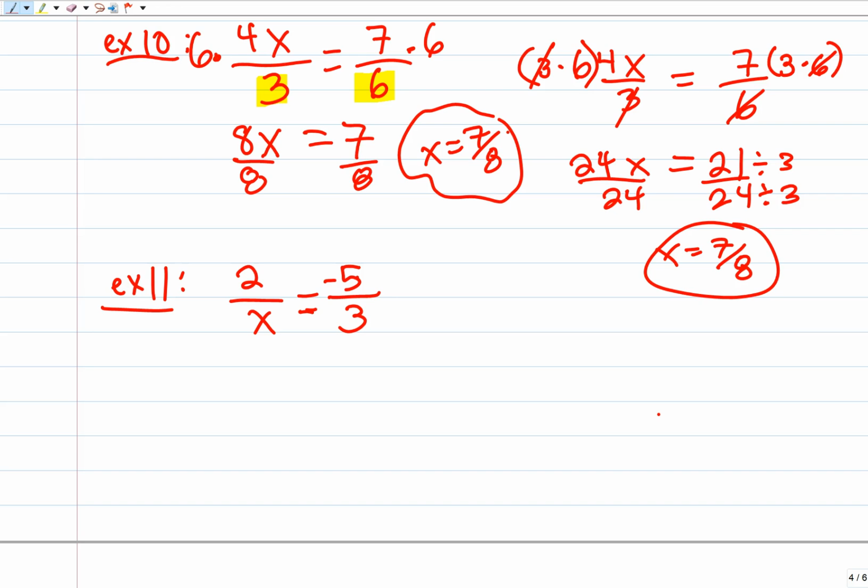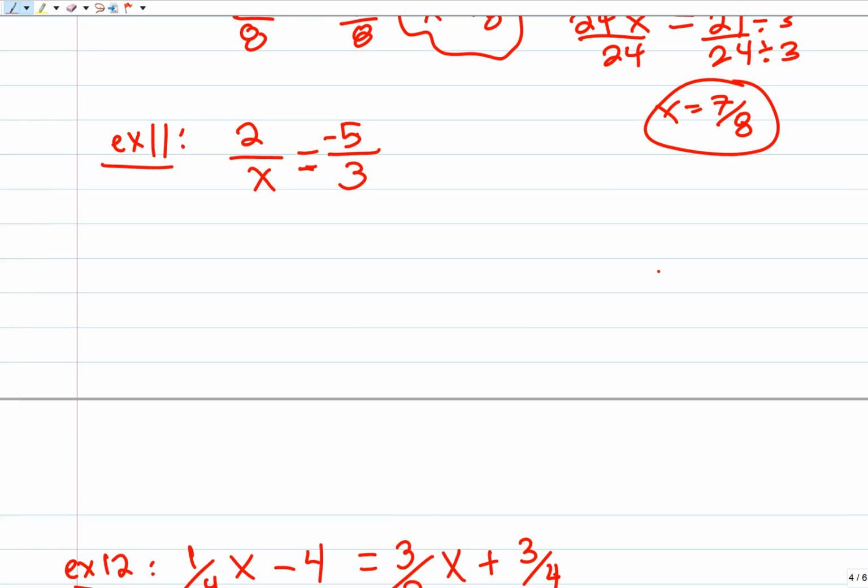Okay? Look at this next one. Freaking x in the denominator, right? I don't care. Our denominator has an x and a 3. They don't have anything in common. So I'm going to multiply both sides by both parts, both the 3 and the x. And if I do it to one side,